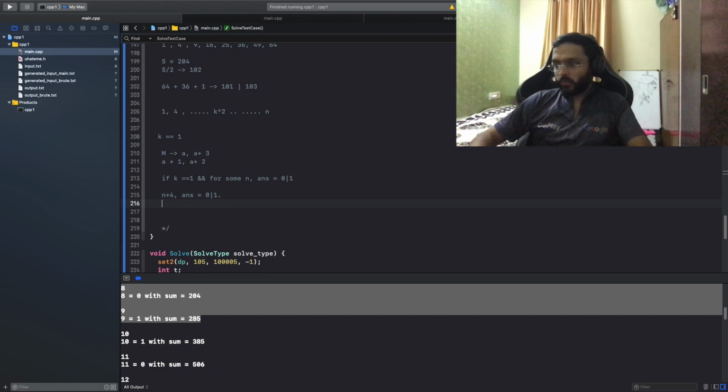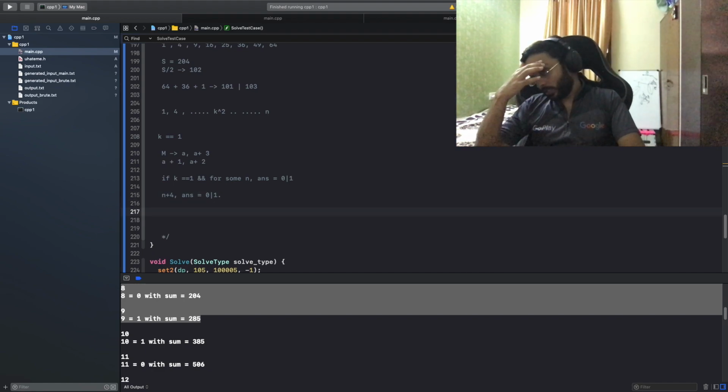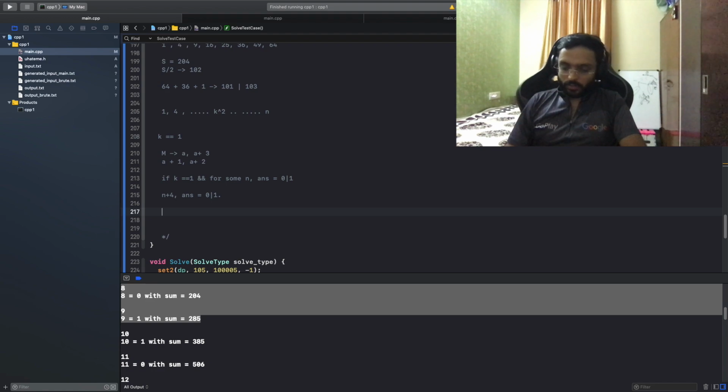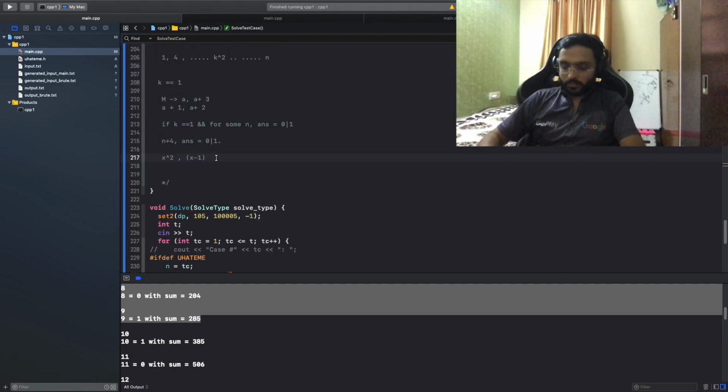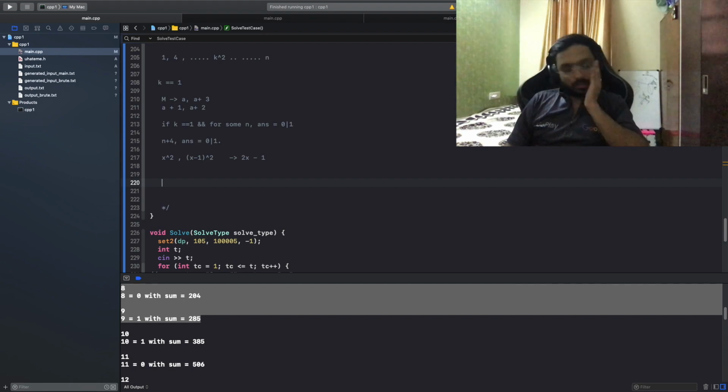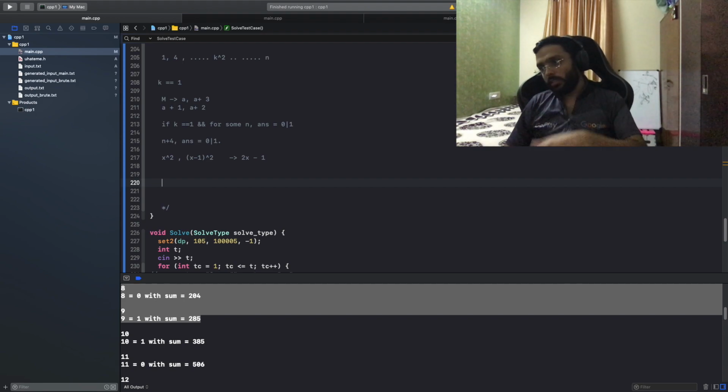Okay, so what would happen for squares? For two consecutive numbers, let's say x square and x minus 1 whole square, the difference is actually 2 into x minus 1. So why not I distribute the differences?